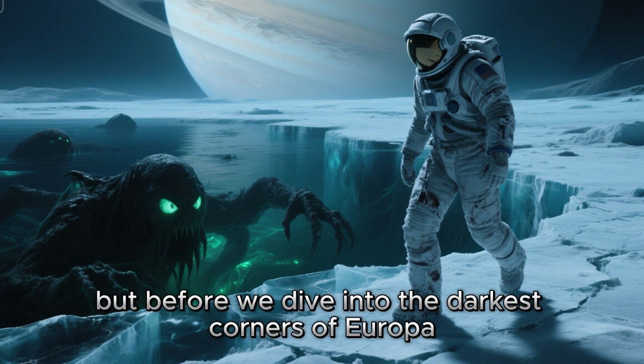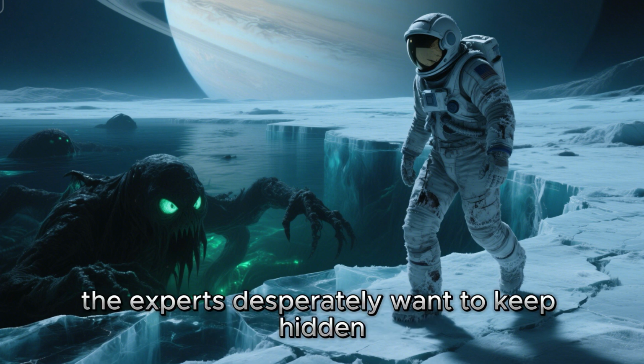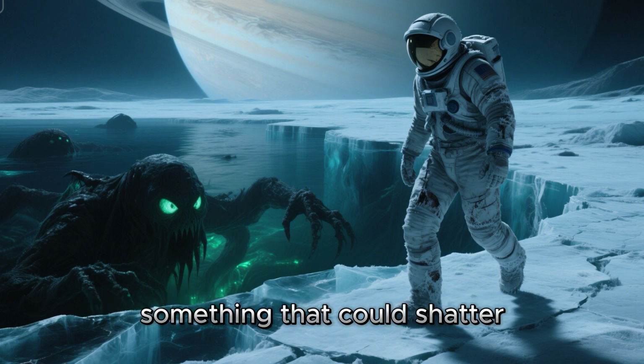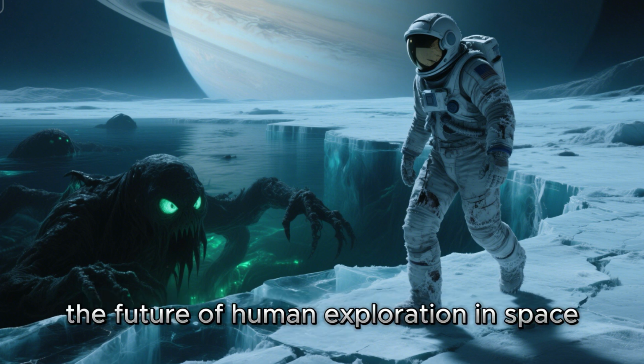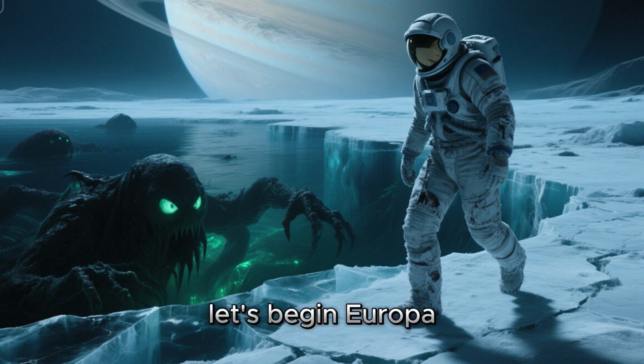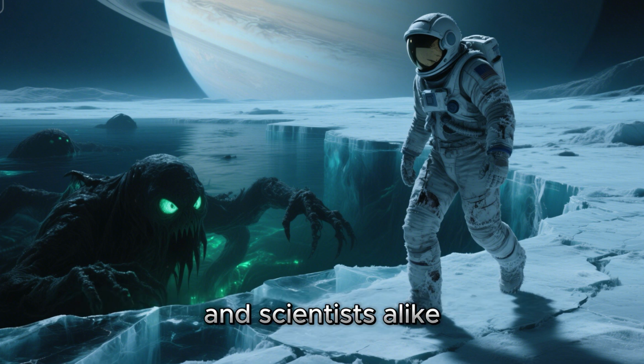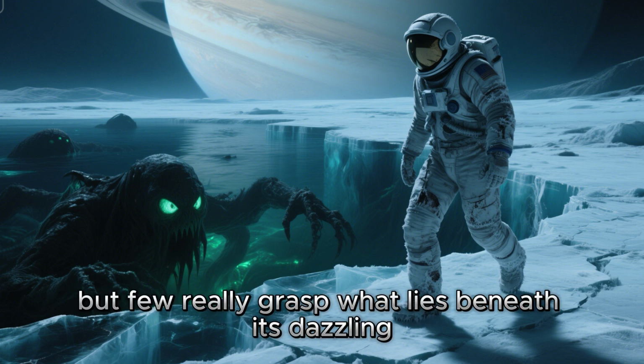But before we dive into the darkest corners of Europa, there's one key secret the experts desperately want to keep hidden, something that could shatter the future of human exploration in space. Ready to find out what that is? Let's begin. Europa has always captured the imagination of dreamers and scientists alike, but few really grasp what lies beneath